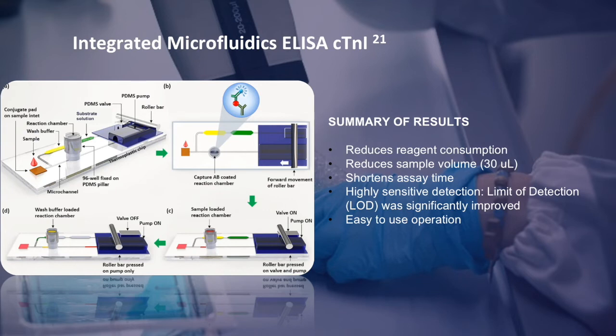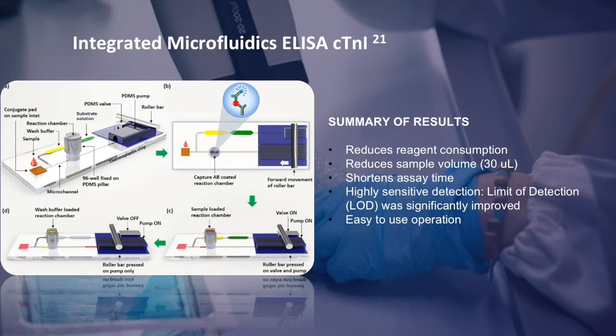First, we dispense our sample solution onto the conjugate pad. The sample should have the antigens of interest that will bind to the detection antibodies that are found on the conjugate pad. Then, the antigen-detection antibody complex will move through the microchannels and onto the reaction chamber to bind to the capture antibodies that are found in the 96 wells. So now we have a sandwich of detection antibody, antigen, and capture antibody. The wash buffer will move in next, followed by the substrate solution, which will generate perceivable color interacting with the